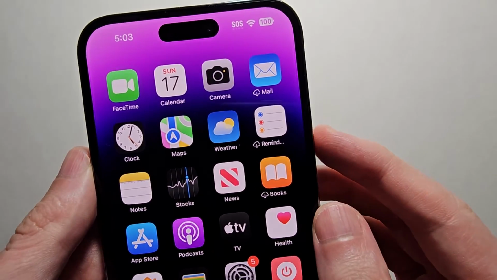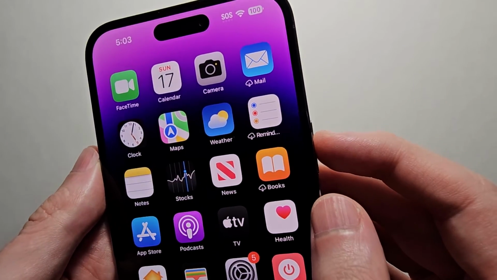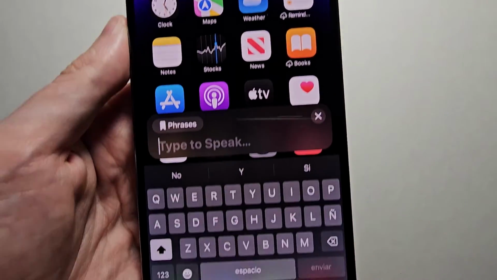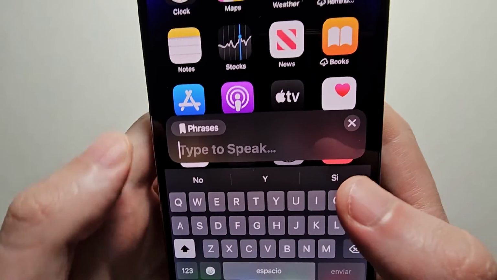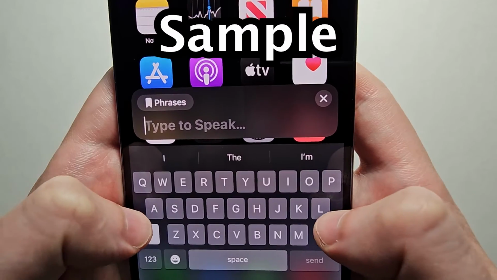Alright, so now anytime you press the side button 3 times, you see at the bottom you can type to speak. So this, for example,